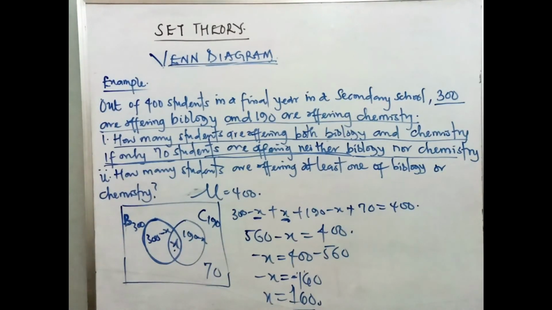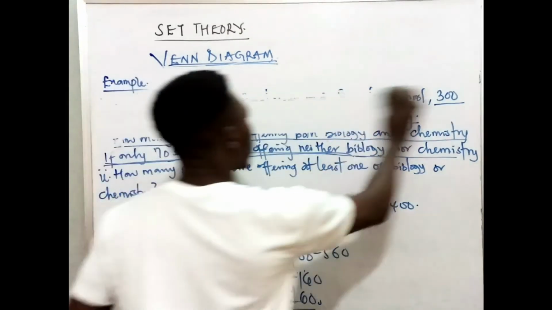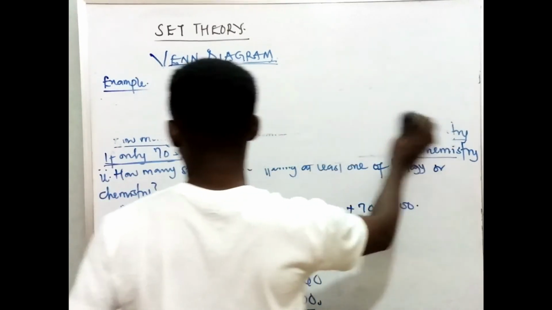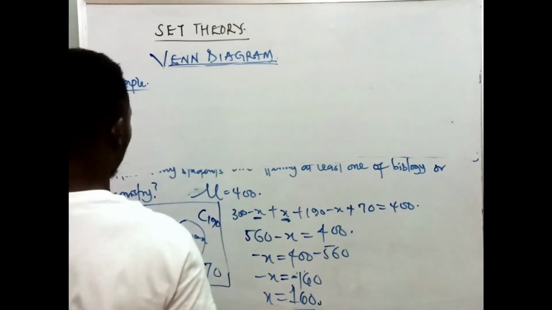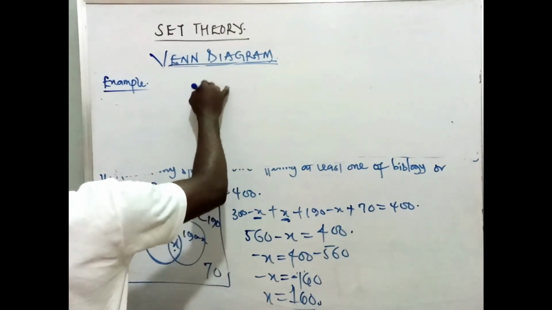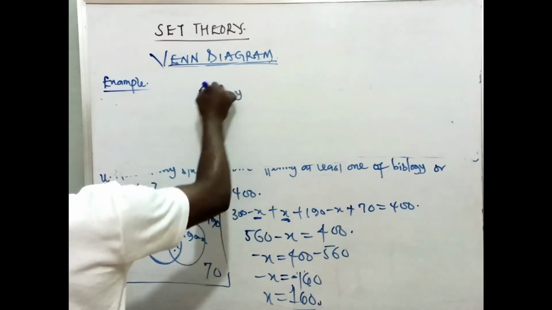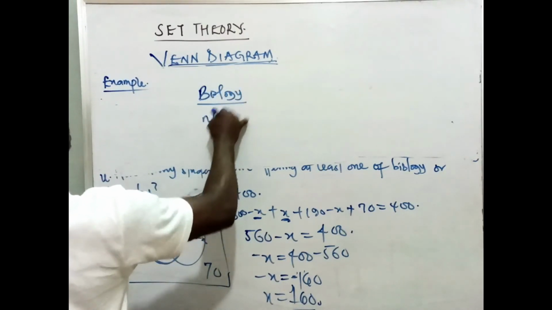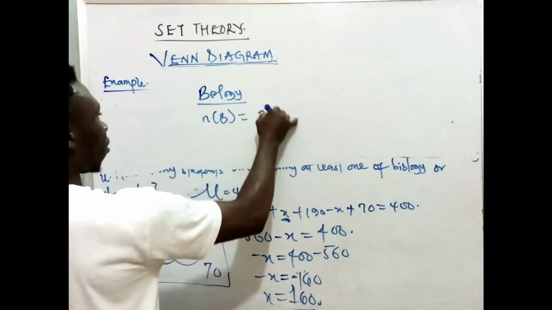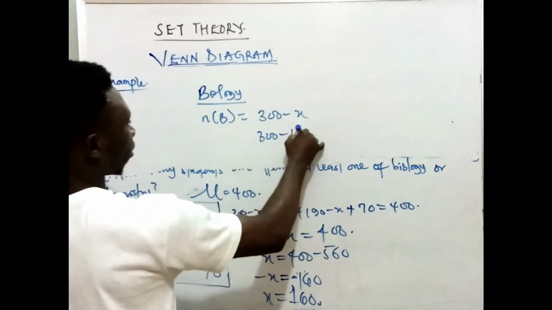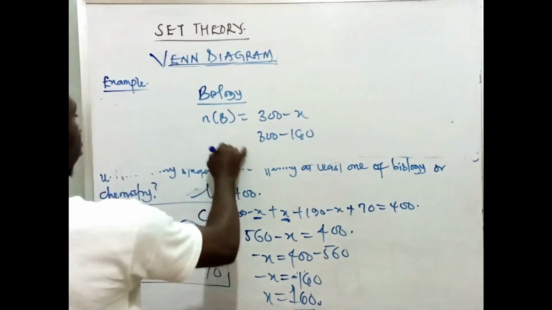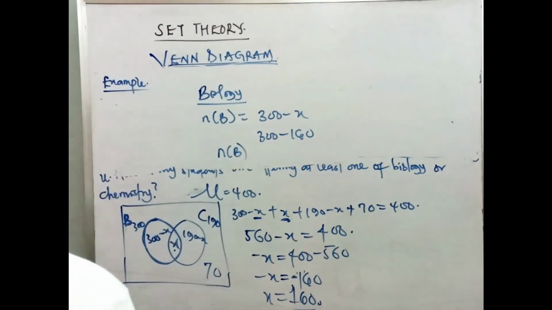How many students are offering one of biology or chemistry now? So this goes further. The question says how many are offering one of biology or chemistry. So talking about students that offer biology, the number of biology is equal to 300 minus x, and your x is now 160. That is 300 minus 160 will give the number that offers biology. So 300 minus 160, and that is equal to